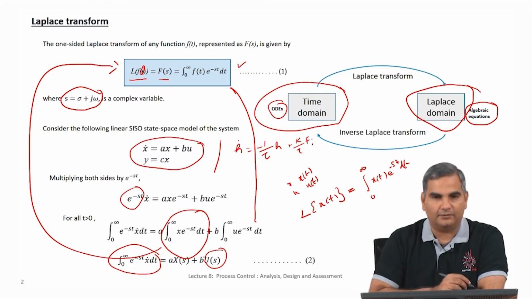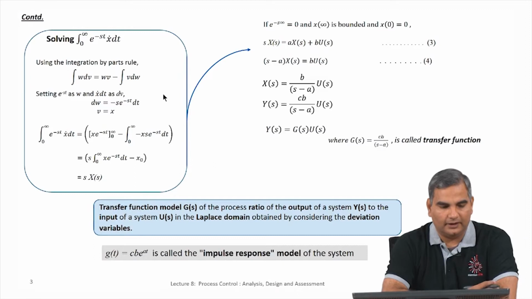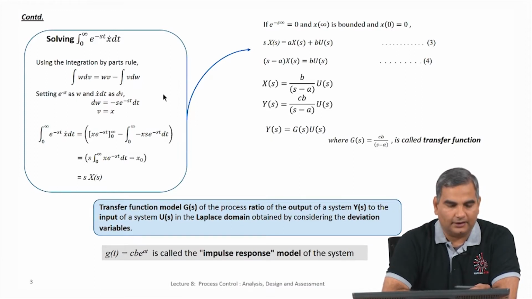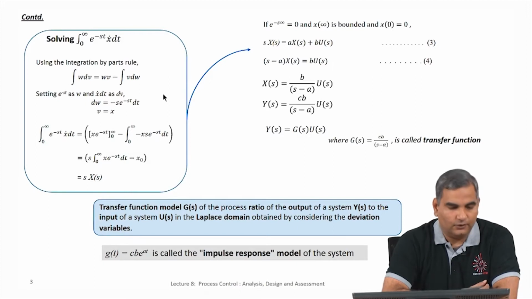I have x dot of t equals a times x of s plus b times u of s. So, now let us take a careful look at what we had on the left hand side of the slide that I showed just now. On the right hand side, we had variables defined in terms of Laplace transform. So, there is no t term in the right hand side, but if you look at the left hand side,